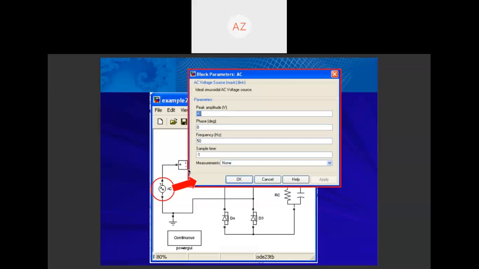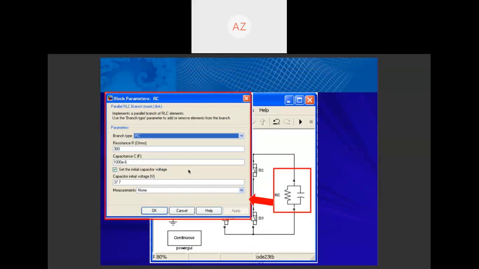So you can set the parameters. Let's say we set the AC voltage source peak amplitude to 40 volt and frequency 50 Hz. And we set the parameters for the resistor and capacitor: 300 ohm and 1000 microfarad.